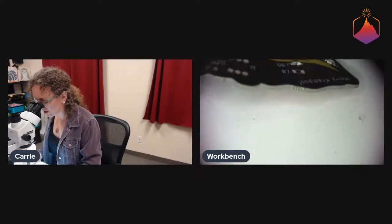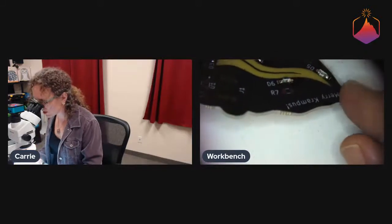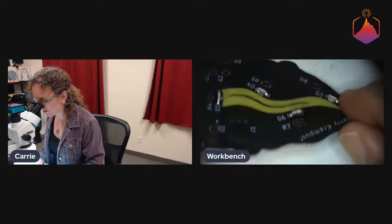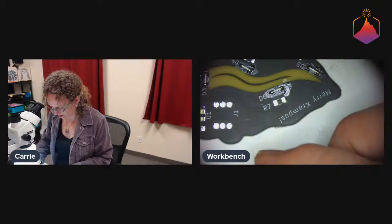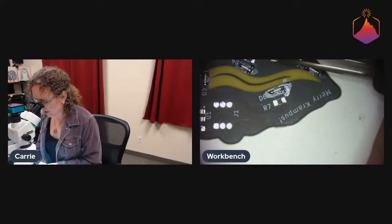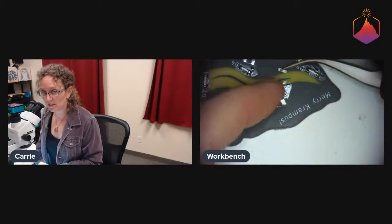Although, oh, this is a good point on these. Actually, no, because this is not an RGB one, so it's probably fine. Yeah, I think it's okay. Let me look at another LED here for a second. RGB LEDs, yeah, this is fine. So you'll notice here that each pad,